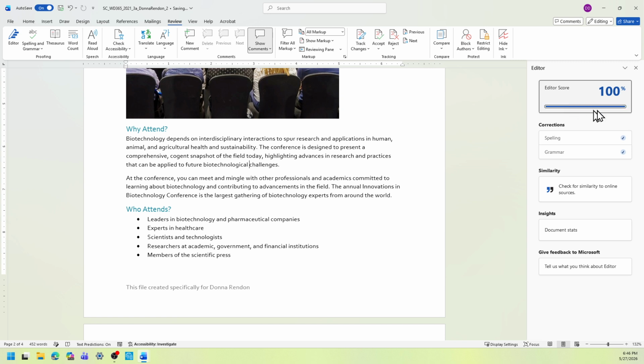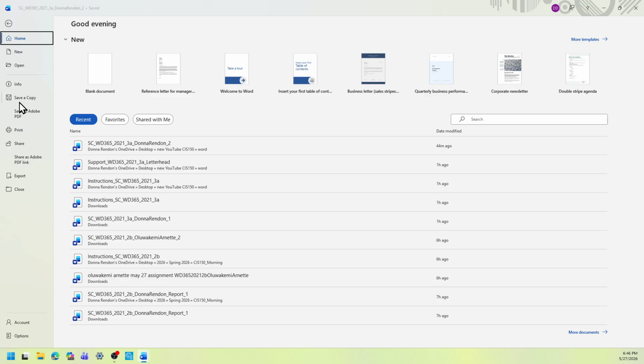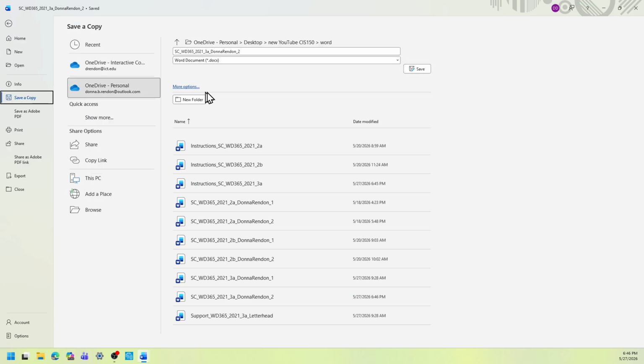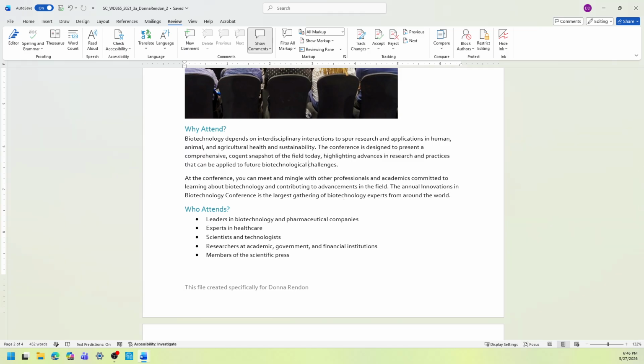So now when you edit the score, it's already 100. So click X. Now that is the end of this exercise. You're going to select File, going to save a copy to make sure that you are going to apply all the changes you made and click Save. Click OK. Now this is the end of this lesson.